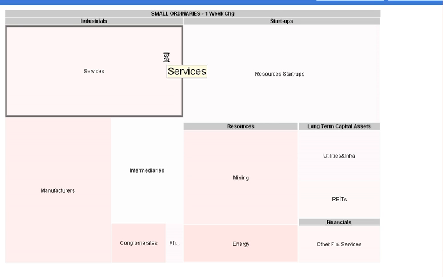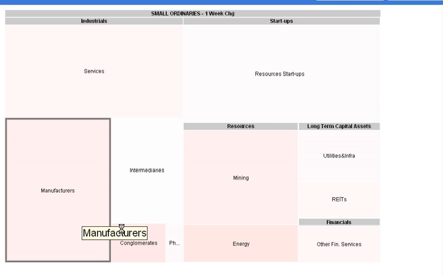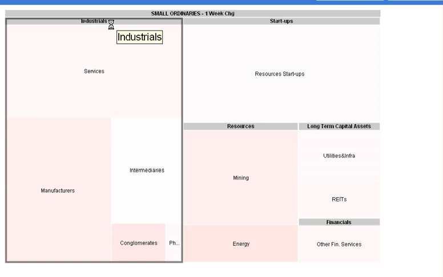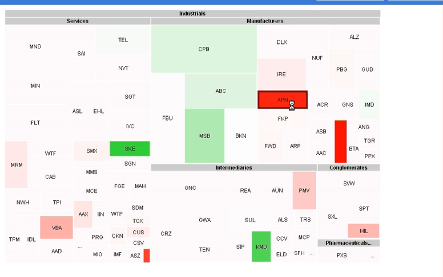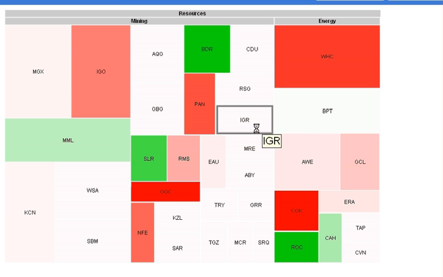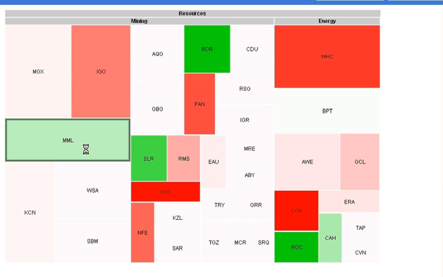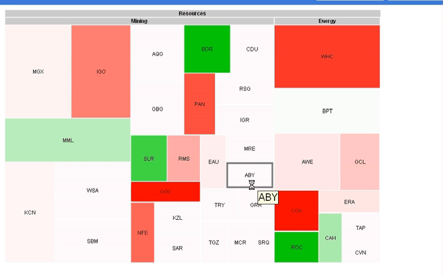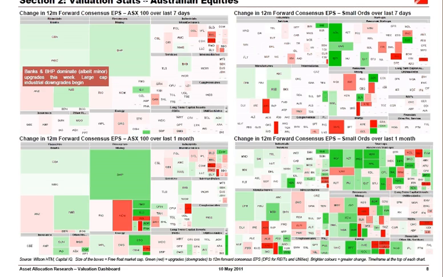Skipping across to the small caps, while at the sort of headline level it looks like there are a lot of downgrades, when you do jump through to see where it is, it is a number of stocks that have had large downgrades themselves, which is sort of offsetting, mostly neutral across that sector. So we really haven't seen that many downgrades amongst the small cap industrials just yet, certainly due to currencies. Resources is also quite mixed. I mean, any time within the small caps, you generally find that these charts are quite mixed. But you can certainly see within resources there's a bunch of companies very strongly up, and also a bunch of companies that are very strongly down in terms of their earnings.